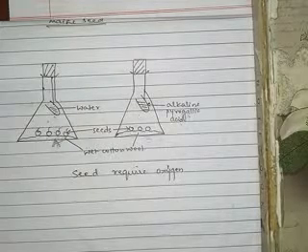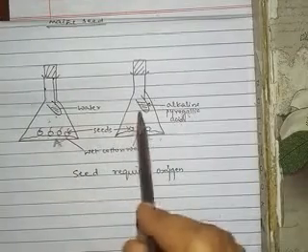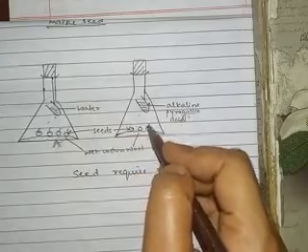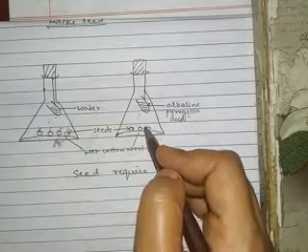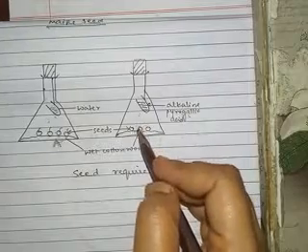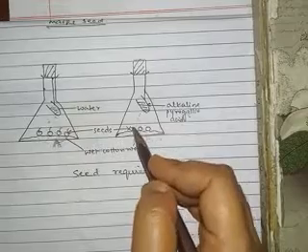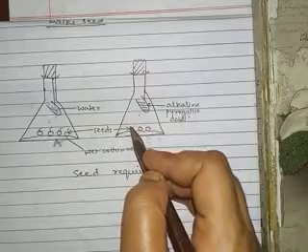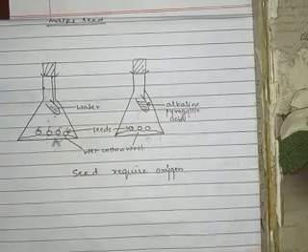So this experiment proves that oxygen is necessary for the process of germination. Understanding, right? A little bit of germination you may find in flask B. The reason is that the seeds can sometimes carry out anaerobic respiration, that is respiration in the absence of oxygen, but then that germination will be very less. So very slight germination you can observe, or you can observe no germination in case of flask B.